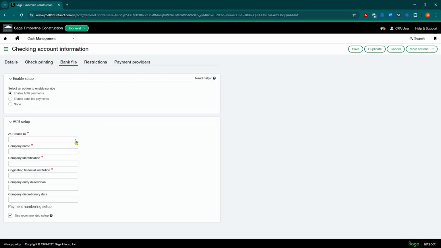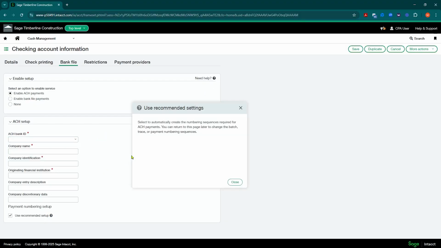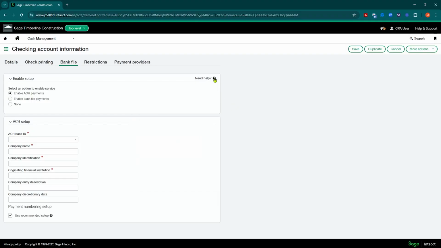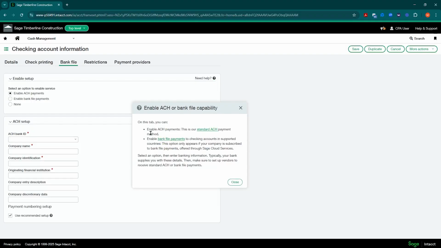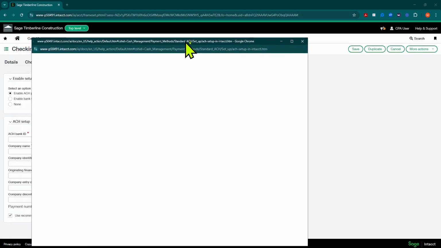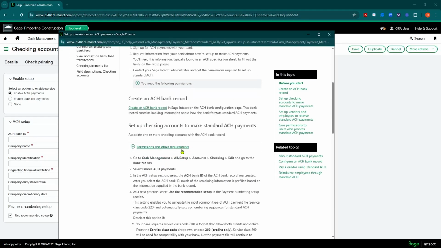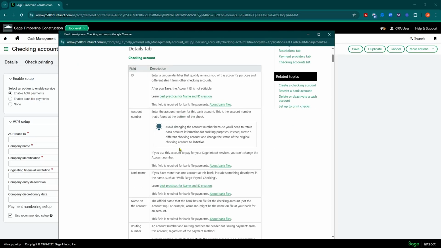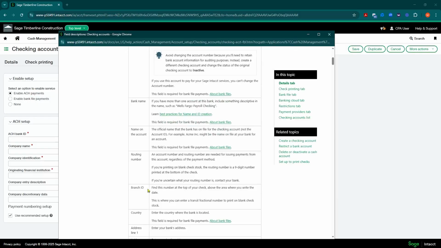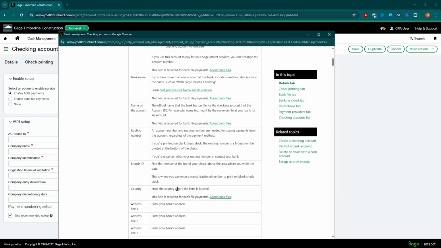Now, what's really nice is you have the ability to come into here and go into the help and find out more information about the requirements, either from ACH or the bank file payments. If you click on either one of these, it's going to take you into a more in-depth requirement. And one of the things is to find out, under field descriptions,